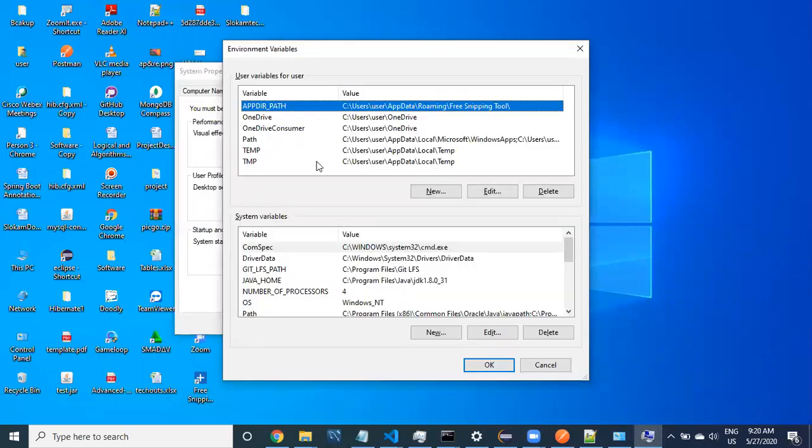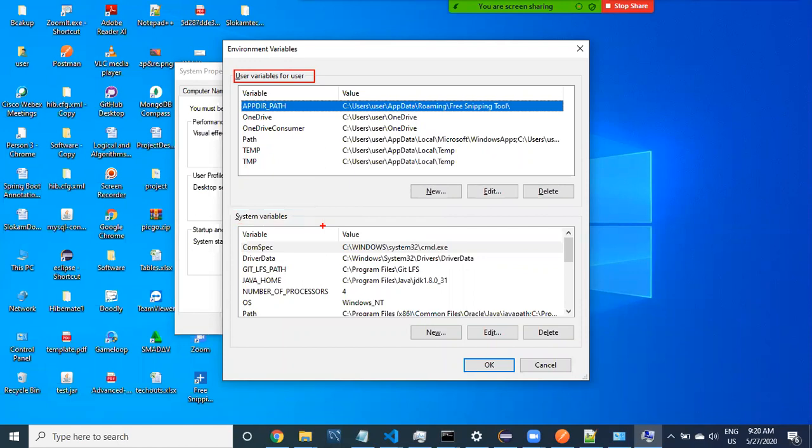Within the environment variables, you can see two things, guys. One is user variables, another is system variables. Focus on system variables.